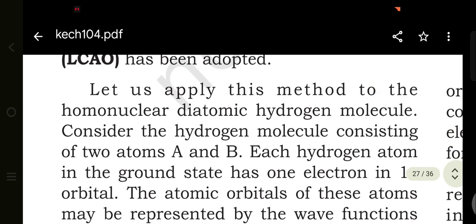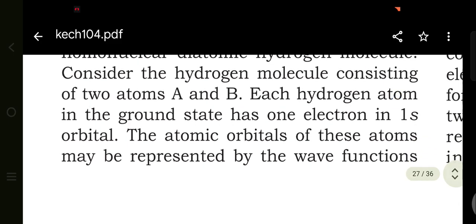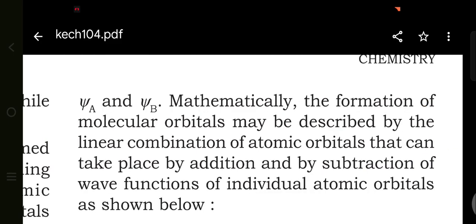Let us apply this method to the homonuclear diatomic hydrogen molecule. Consider the hydrogen molecule consisting of two atoms A and B. Each hydrogen atom in the ground state has one electron in a 1s orbital. The atomic orbitals of these atoms may be represented by the wave functions psi A and psi B. Mathematically, the formation of molecular orbitals may be described by the linear combination of atomic orbitals that can take place by addition and by subtraction of wave functions of individual atomic orbitals as